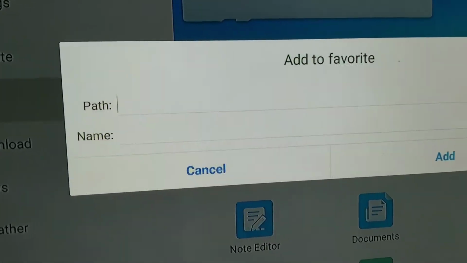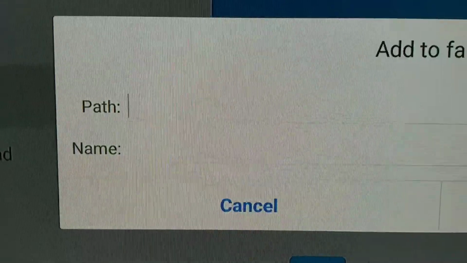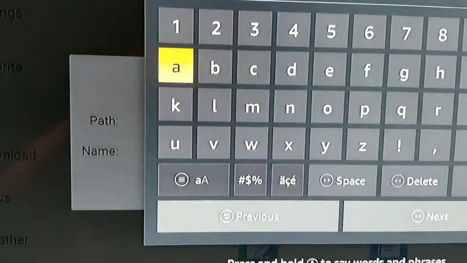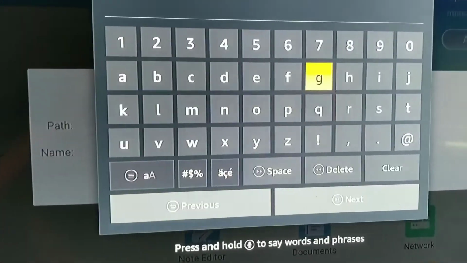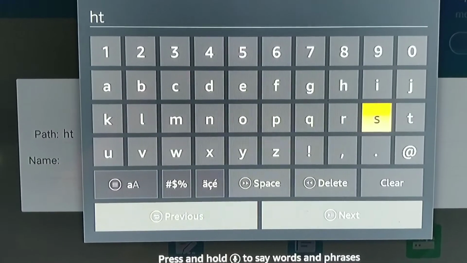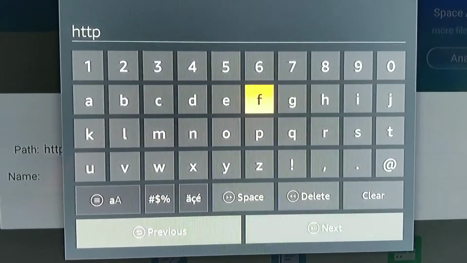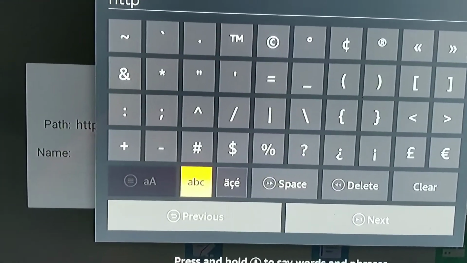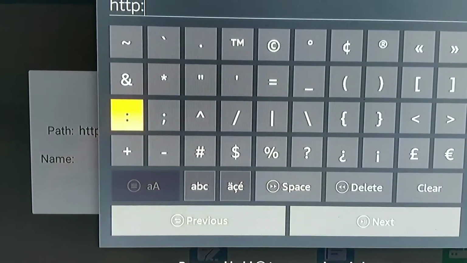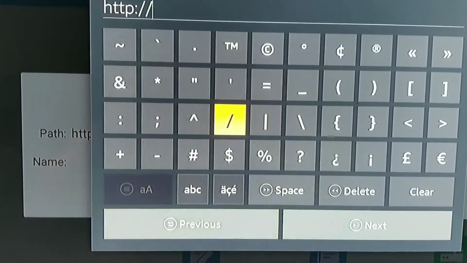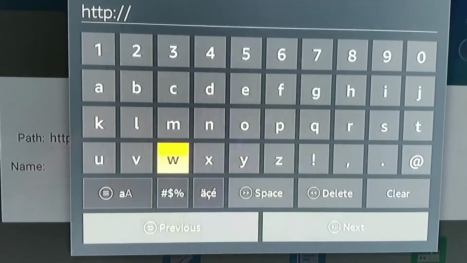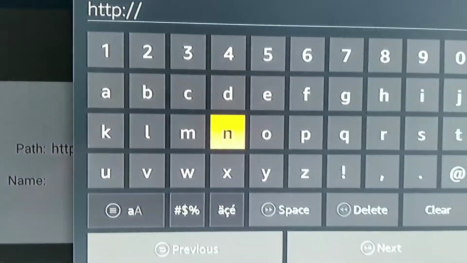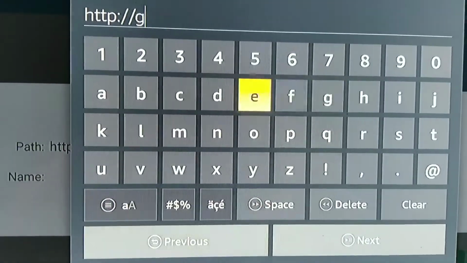You're going to notice that there's a little flashing cursor here in the middle of the screen. That cursor is where you're at. So I'm going to click on path there with the flashing cursor, and the keyboard comes up. If you need to pause it at this point, you can to go ahead and follow me. But we're just entering HTTP. We're going to go over to the number and symbols section here and choose colon and the two slashes. You're going to go back down to where it says ABC to get back the letters here. You're going to see HTTP colon slash slash and you're going to choose get